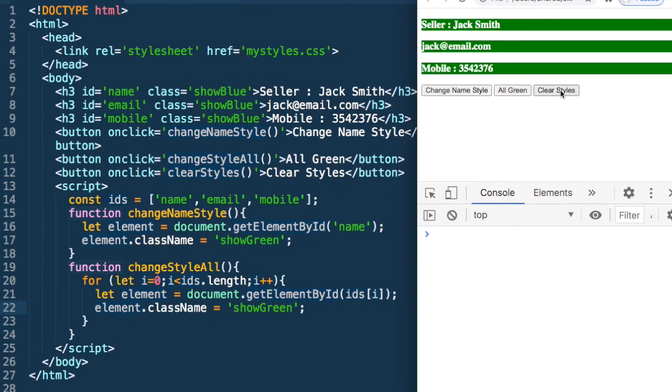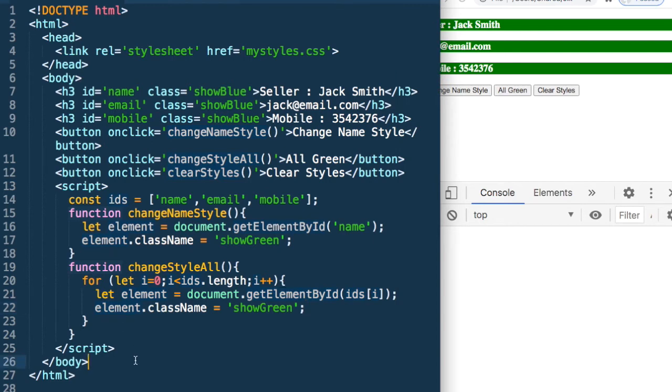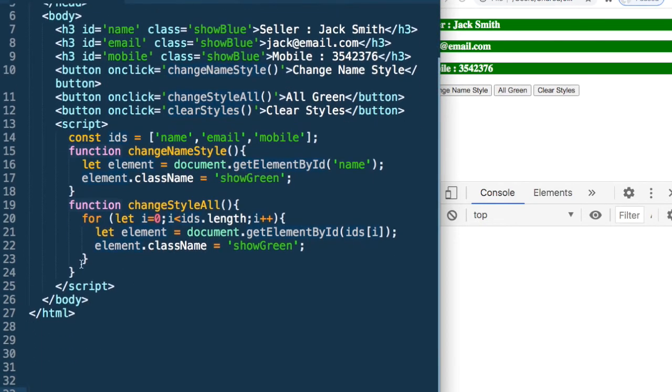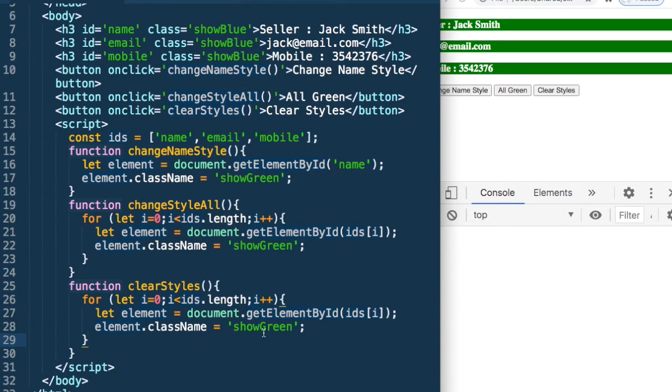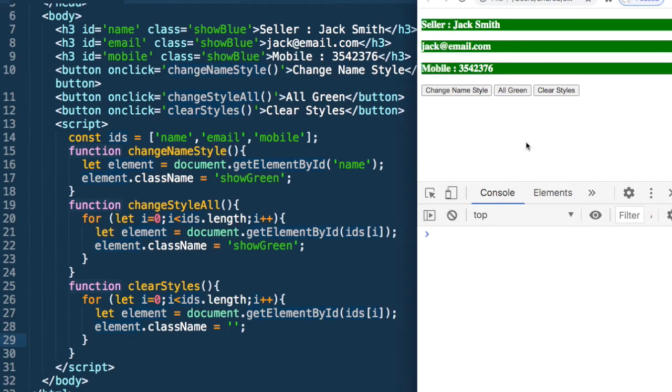Then there is this button clear style. Suppose we don't want any style, which means I want no class here. So how could we have implemented that? Let's see. So we need to implement the function clear styles. It is exactly similar to this function, so I'll just copy it. And here instead of show green, I can put an empty string, which means there is no class that I have specified. If I now run it,